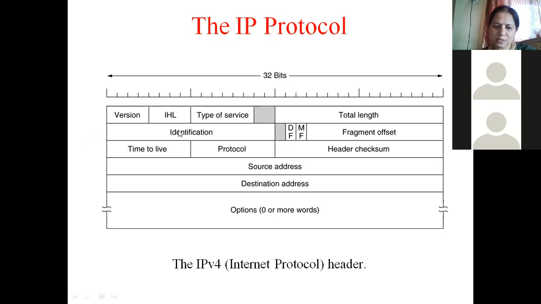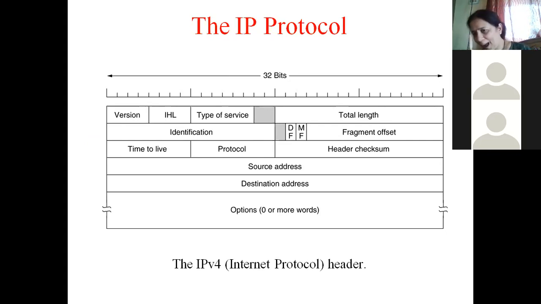Then comes the next field, which is again 16 bits long. If you can see on top, this field is the identification field. The identification field is used to give an identifier to a fragment. Every packet, if it is large, will get fragmented. The original packet will get broken into smaller chunks, and these chunks belong to the original packet itself. So the identification number will identify a fragment.